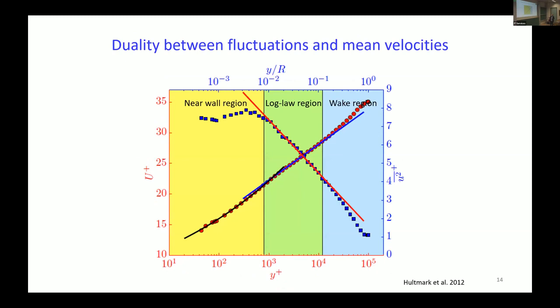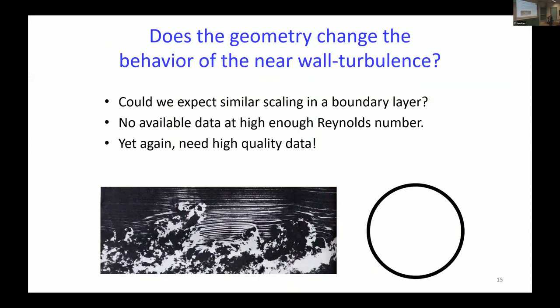So it turns out that this logarithmic behavior occurs at the same place in space as we have the logarithmic behavior in the mean flow. And one could ask, what does it change in a boundary layer? After all, this is a boundary layer workshop where it's beyond the boundary layer. So I guess pipes are beyond boundaries. But we could just put